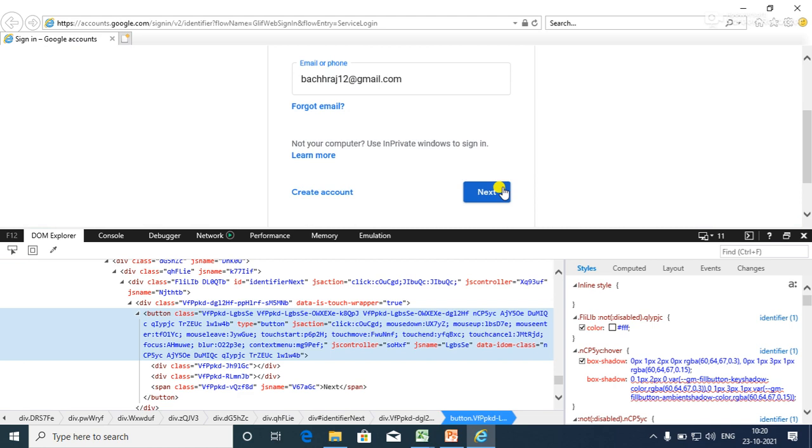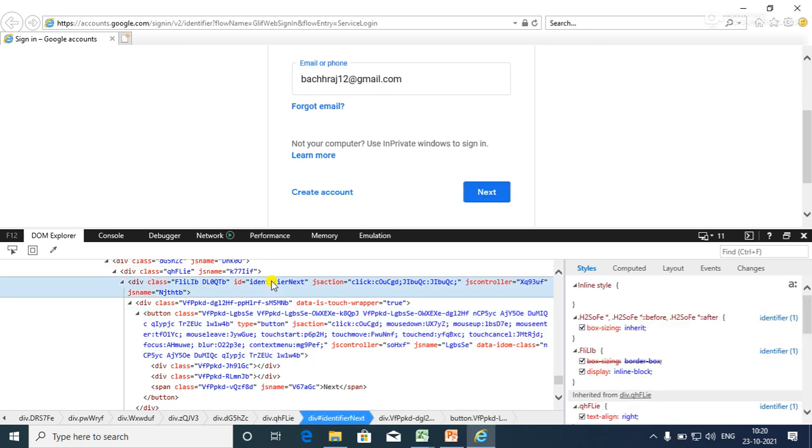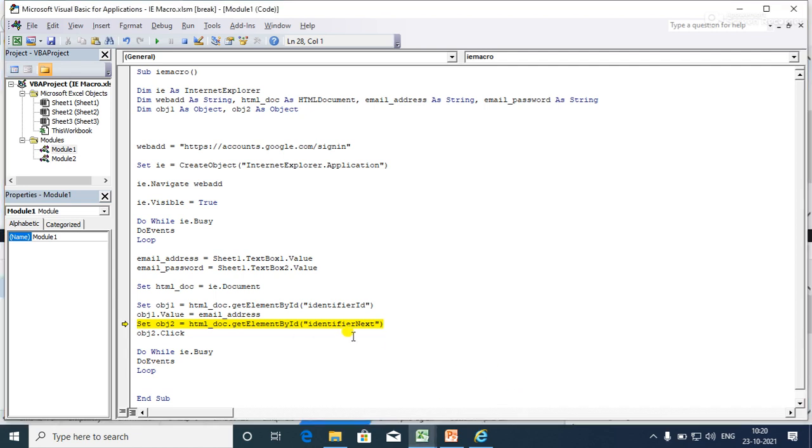Now you can see I have an ID here, that is identifierNext. With the help of this I get the Next button in the HTML. So: HTML doc get element by ID, that is identifierNext. I have stored this value in object 2.